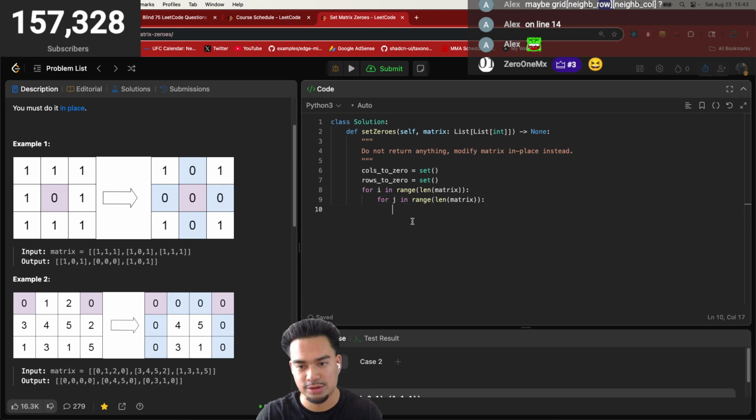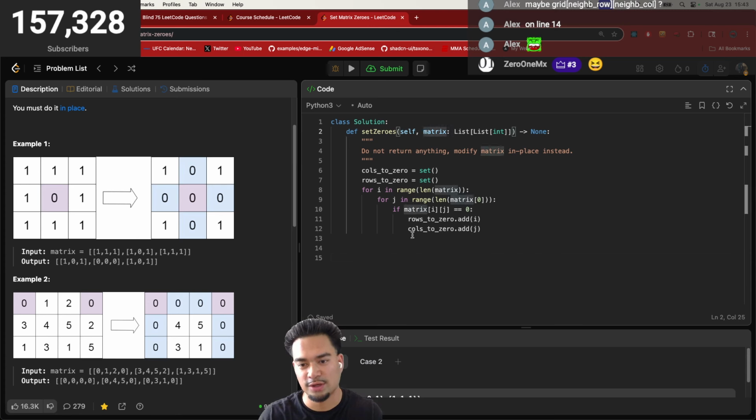Okay, what we need to do is, if the matrix at i, j is equal to 0, we're gonna say cols dot add j. Then we're gonna say the rows to zero. So we're just gonna keep track of which rows and columns we're gonna zero. Then